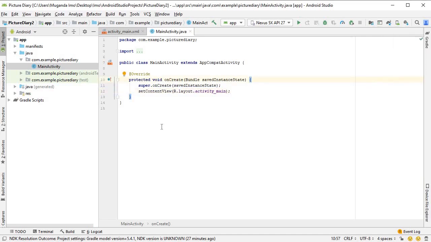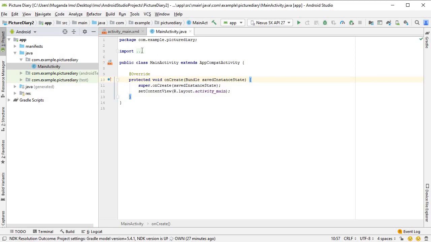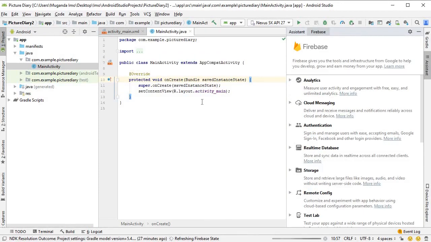Once you've done that, we will then add Firebase to our project. So to do that, you come to Tools and you select Firebase. This opens up the Firebase assistant here on the right, and this is a good time to give you just